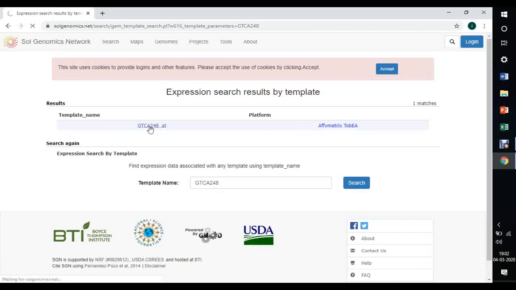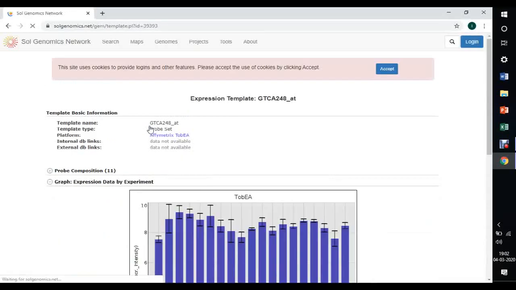Click on the template name to get details of that template. In the search results, we can see more details of that template, for example, template type, internal and external DB links.